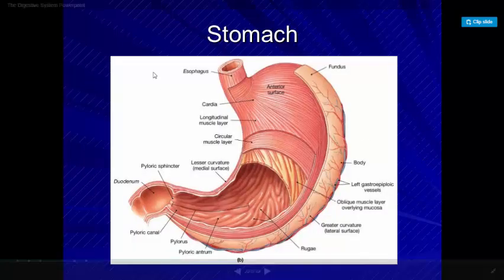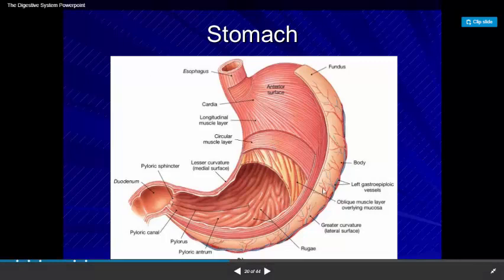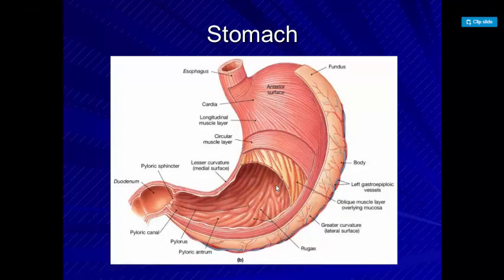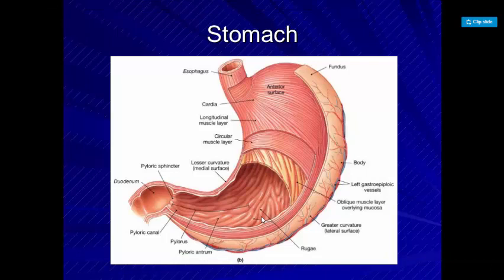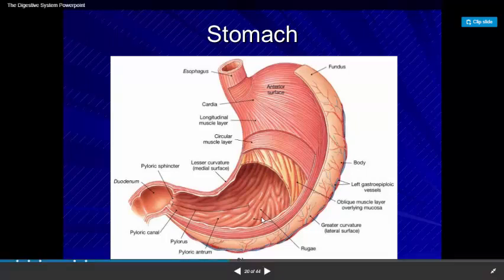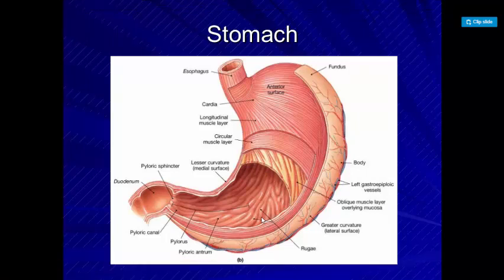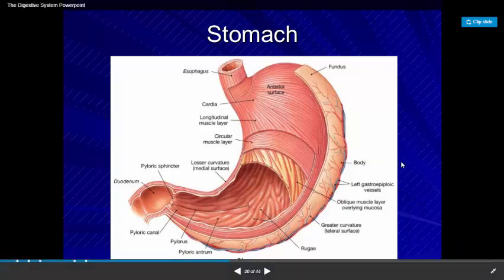Here's your stomach. It looks like a bag. It is muscular, and on the inside it contains hydrochloric acid and many enzymes. The inside wall of the stomach is really strong, and it has many rugae which help with the grinding of the food, and at the same time it protects the wall of the stomach from the acid, because the acid present in your stomach is a really strong acid.